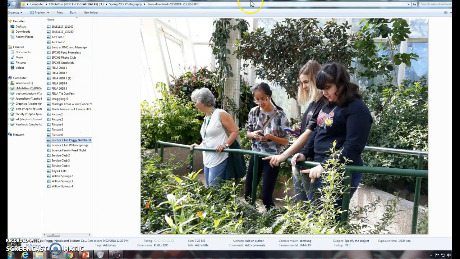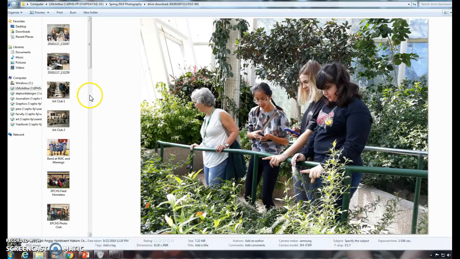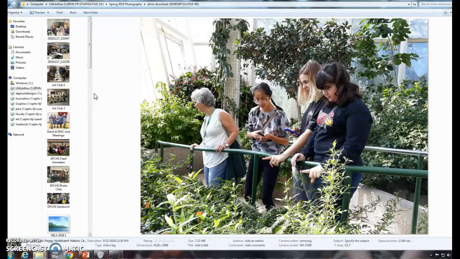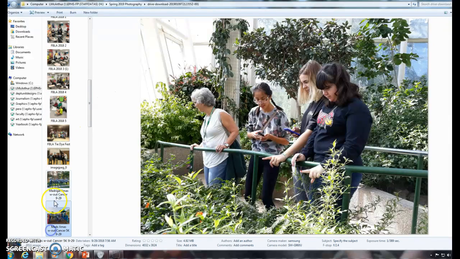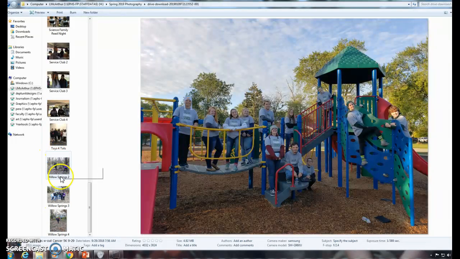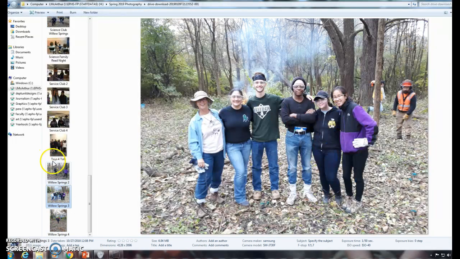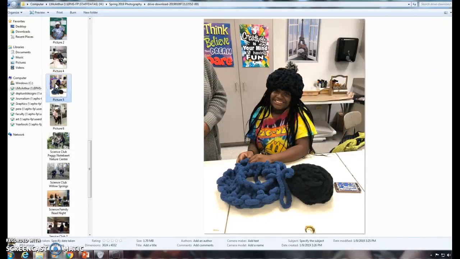So if I pick a picture, I'm going to come over here and just change my icons to large so I can see them a little bit better. You can even do extra large. Okay, whatever picture I want to use, I'm going to then open it